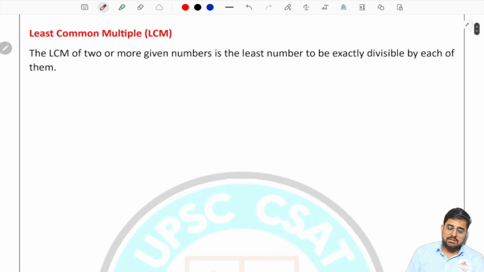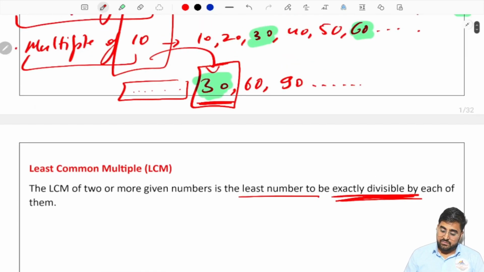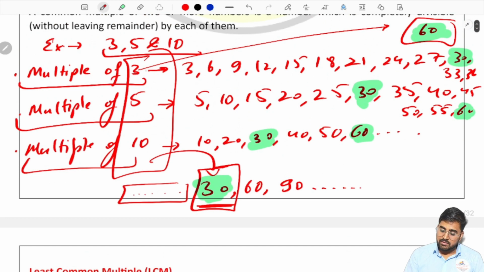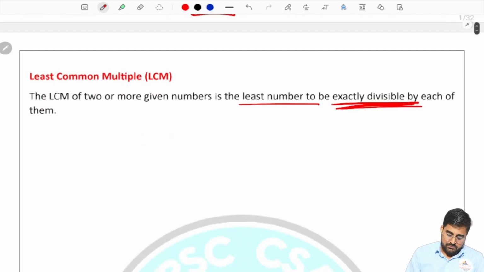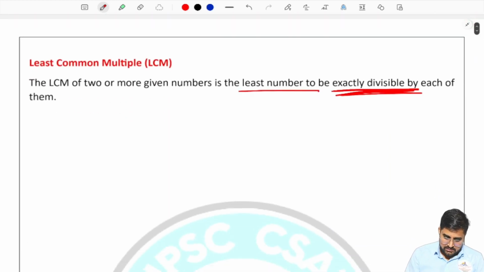So let's understand what is the least common multiple. The least common multiple of two or more given numbers is the least number to be exactly divisible by each of them. Let's try to understand with another example. For example, we have taken here 3, 5 and 10. Let's take some